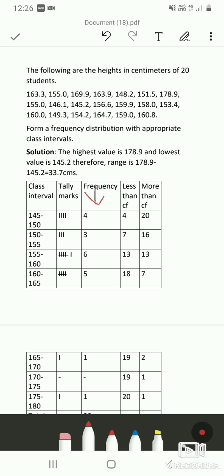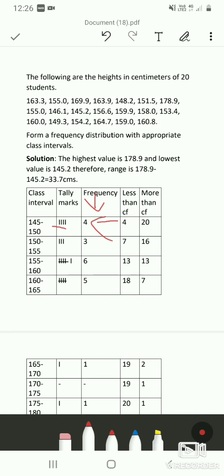Here you can see there are 4 tally marks, so the frequency is 4. Similarly, for all the class intervals, you have to write down the corresponding frequencies. Once you get the frequency, let's see how to calculate less than cumulative frequency.